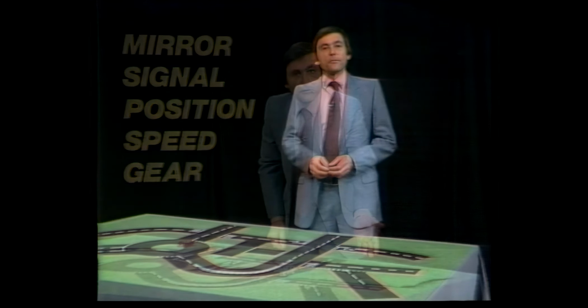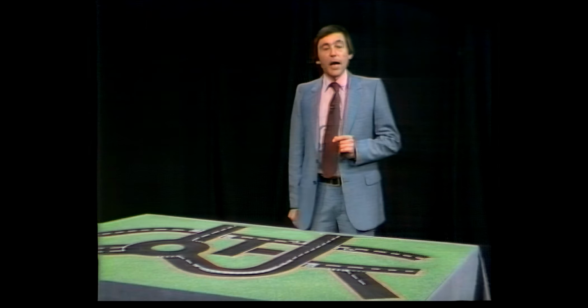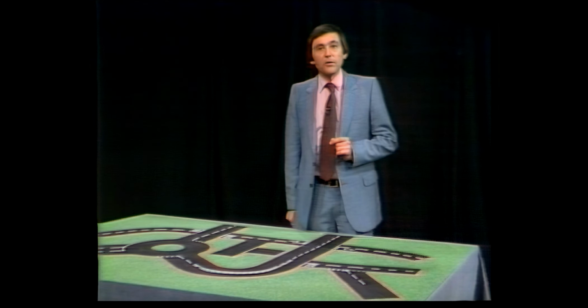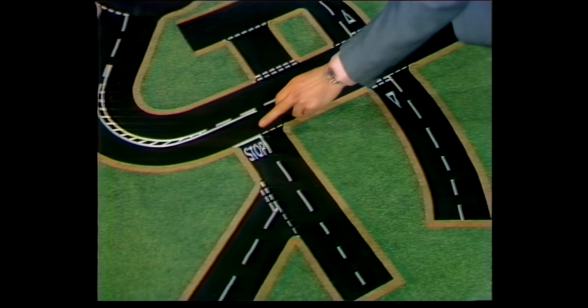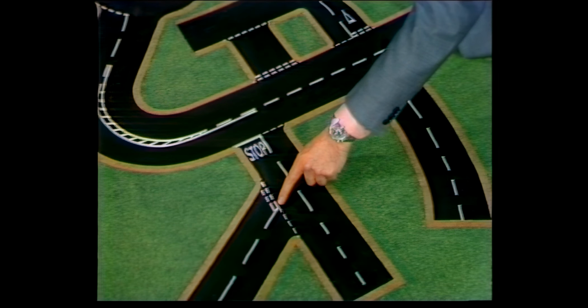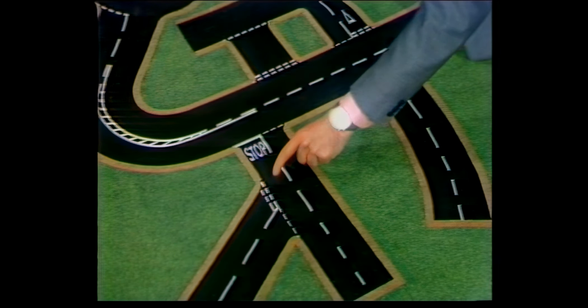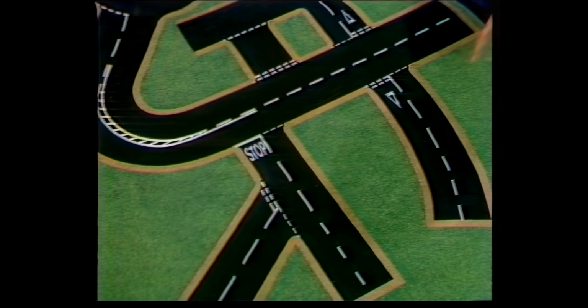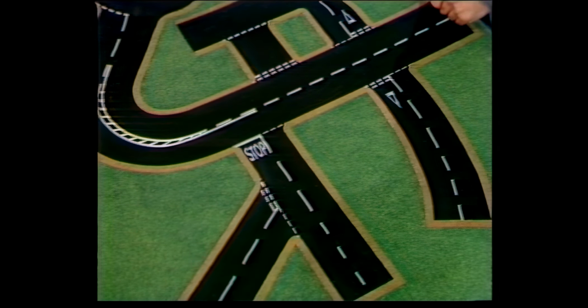Previously, you used the system for approaching junctions. Now let's take a look at the junctions themselves, and you must firstly understand the road markings. At junctions, the minor roads will often have stop or give way lines to tell you which traffic has priority. Now, give way lines are the double broken white lines across the carriageway. On busier junctions, there may well also be a triangle marked on the carriageway itself, and indeed a give-way sign